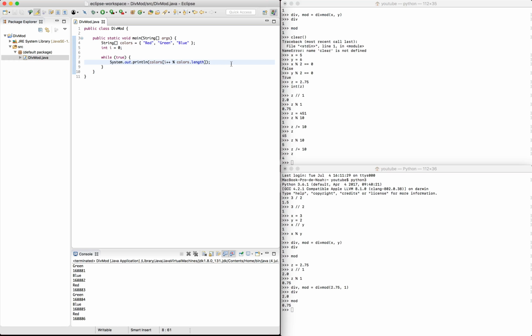The only real difference between Python 2 and 3 is the integer division behavior that we looked at the very